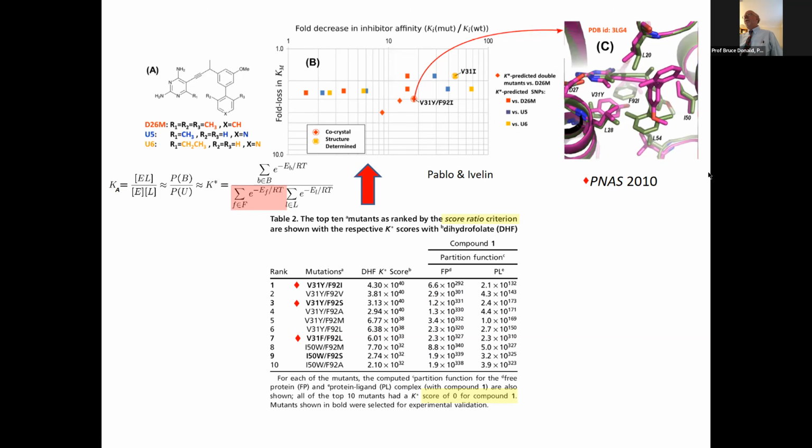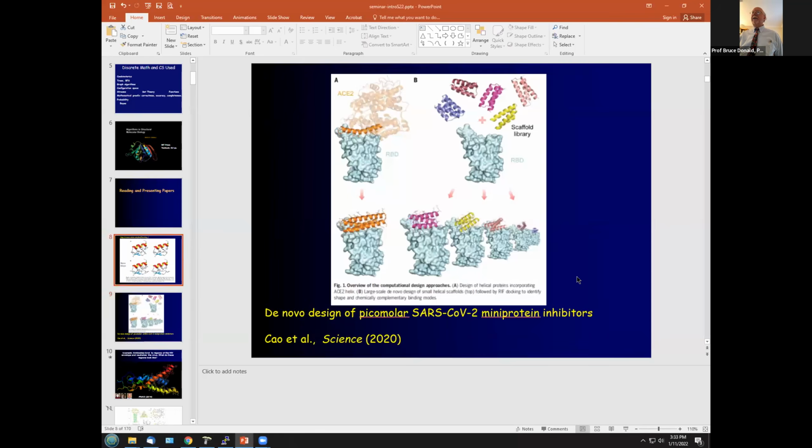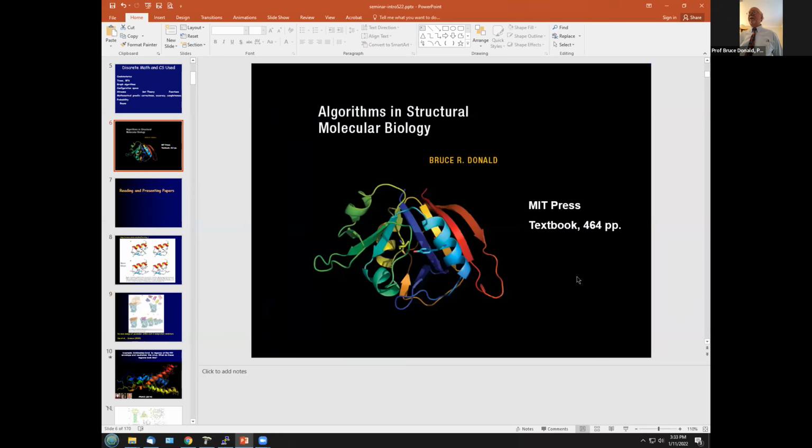And then we also solved the structure, which is interesting. We were able to solve the structure of this and see the differences here. And we were able to look at whether these mutants actually occurred. So one pretty interesting thing about this story that I'll just mention is that,